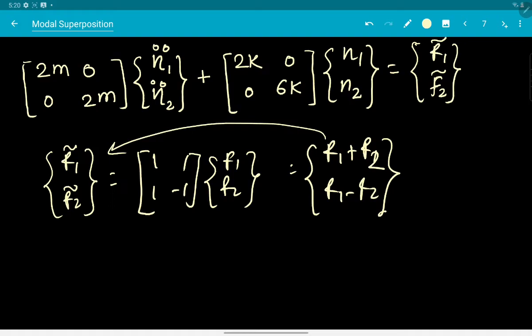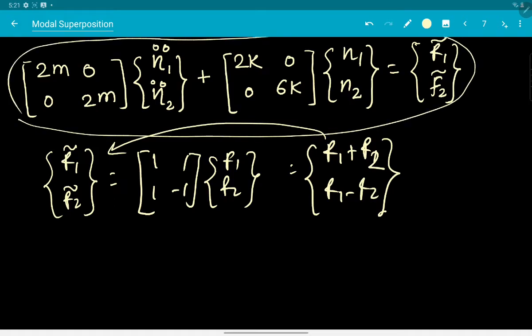Okay, and you have obtained this equation set, and now I want you to observe it very carefully. You'll be able to see that we have got rid of the off-diagonal terms in the mass matrix as well as in the stiffness matrix, which essentially means that these two equations are no more coupled. We have decoupled the equation set that was coupled, and now we have two decoupled equations, which are again second order differential equations.